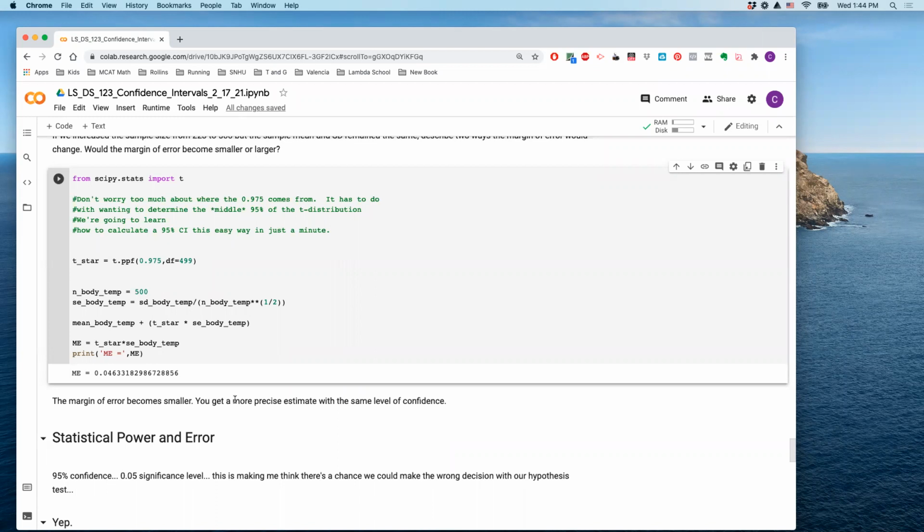So we just talked about how when you choose your confidence level, you have a trade-off between accuracy and precision. If you want to be really accurate, you're going to have to get a wider confidence interval. And if you want to be really precise, you're going to have to give up some confidence. The only way you can have your cake and eat it too is by getting a larger sample size. If you're able to increase your sample size, you are able to become more accurate and precise. That's the only way it works: a larger sample size allows you to be more accurate and precise for the same level of confidence.